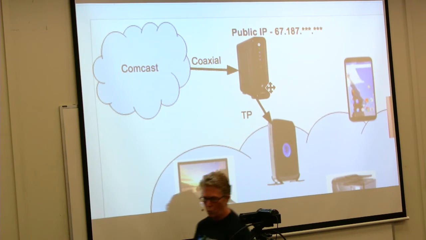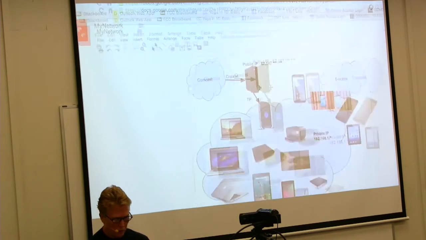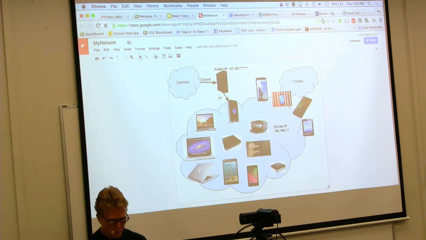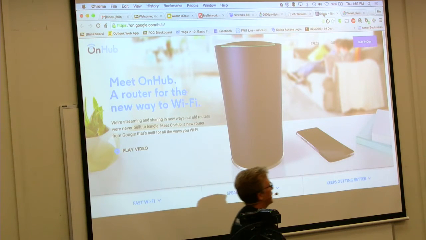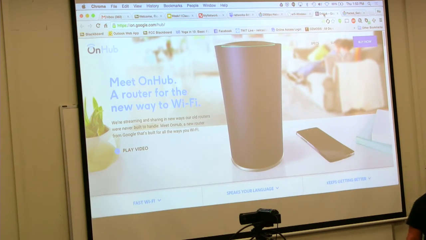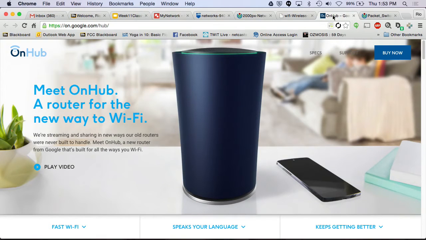But this is why I'm moving pretty soon to this device right here. So Google has just released a new router, okay? And, you know, I drink the Kool-Aid. I get it, right? I wasn't going to because I'm like, yeah, it's Google. It's version 1.0. It won't be that good. But every review I've heard of this says that Wi-Fi is excellent. Okay? So I'm not here to sell anything for Google. I'm just telling you this is one of the things I'm going to do because of what I'm about to